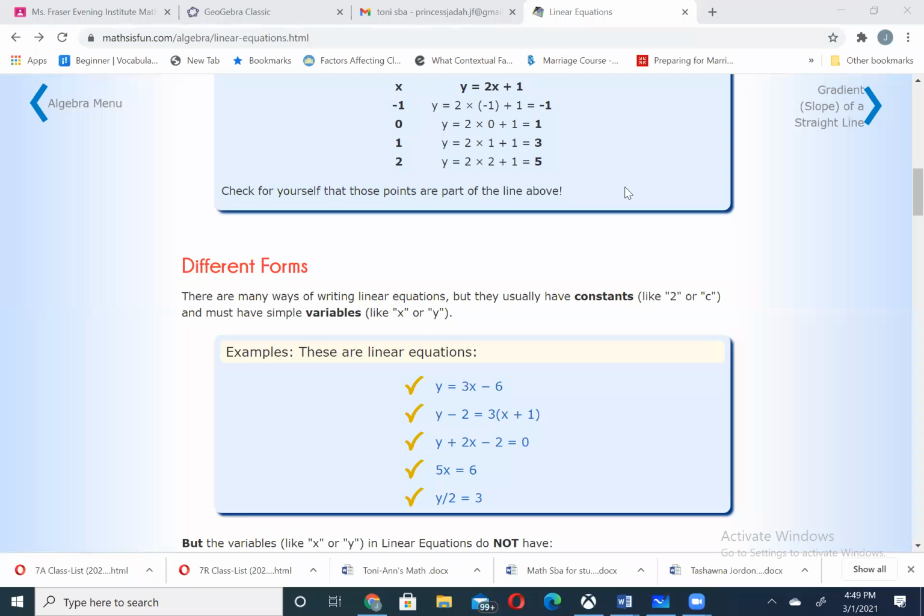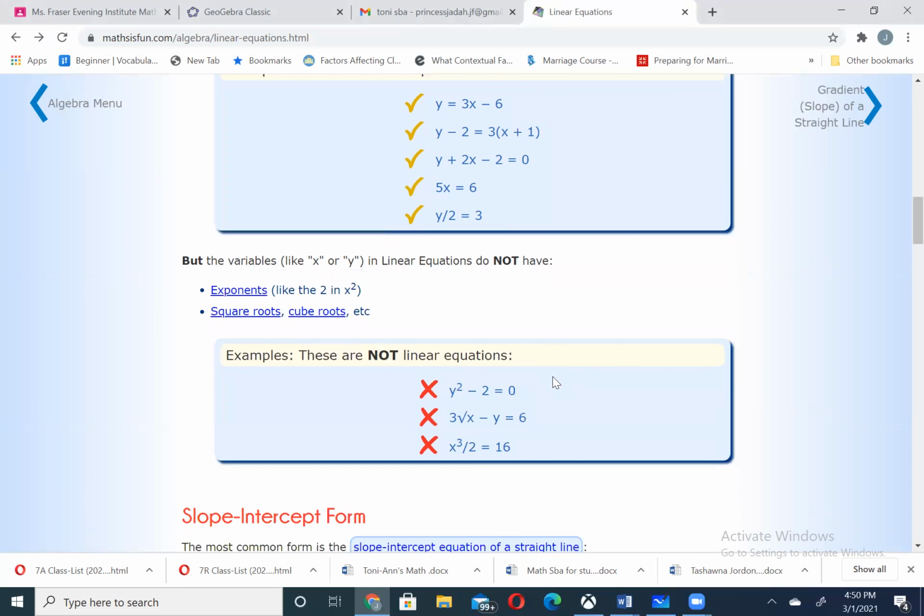So continuing, I was saying that there are different ways of writing linear equations, but they usually have constants, like 2 or c, and must have variables, meaning x or y, right? So here we have, this is kind of like a general form, y equals 3x minus 6. But then there is also the form y minus 2 equals 3 times x plus 1. We must, however, be careful to note that